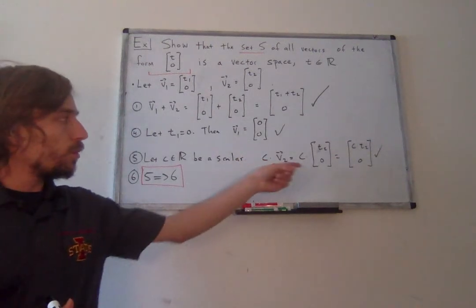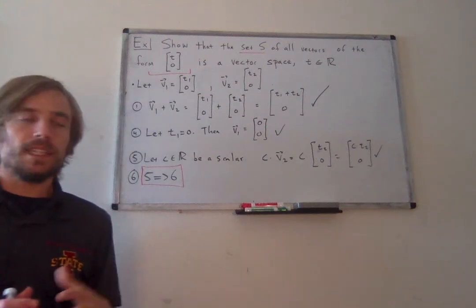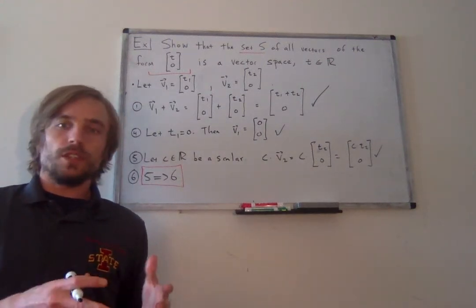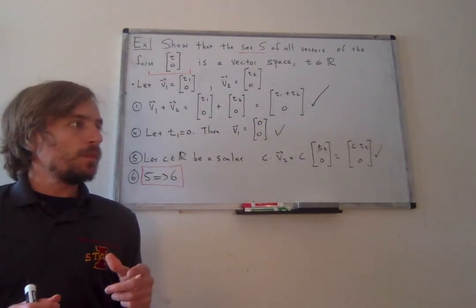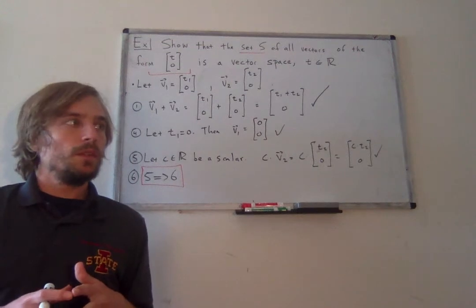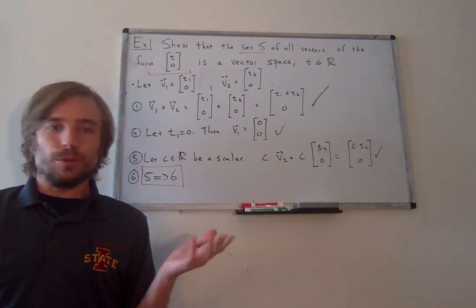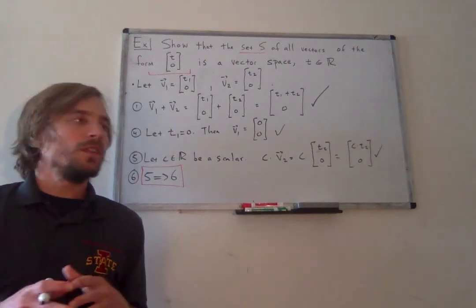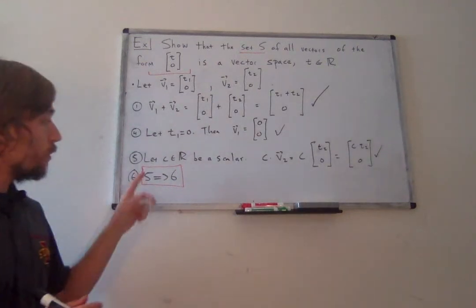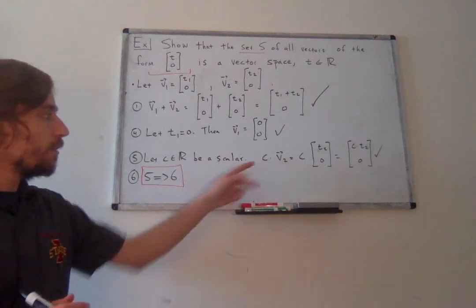But once we've shown, and you'll prove this fact in your exercises, that the negative of a vector is just always negative 1 times the vector, which is one of those things that I probably would have just assumed to be true anyways. But anyways, once we've shown 5, well,